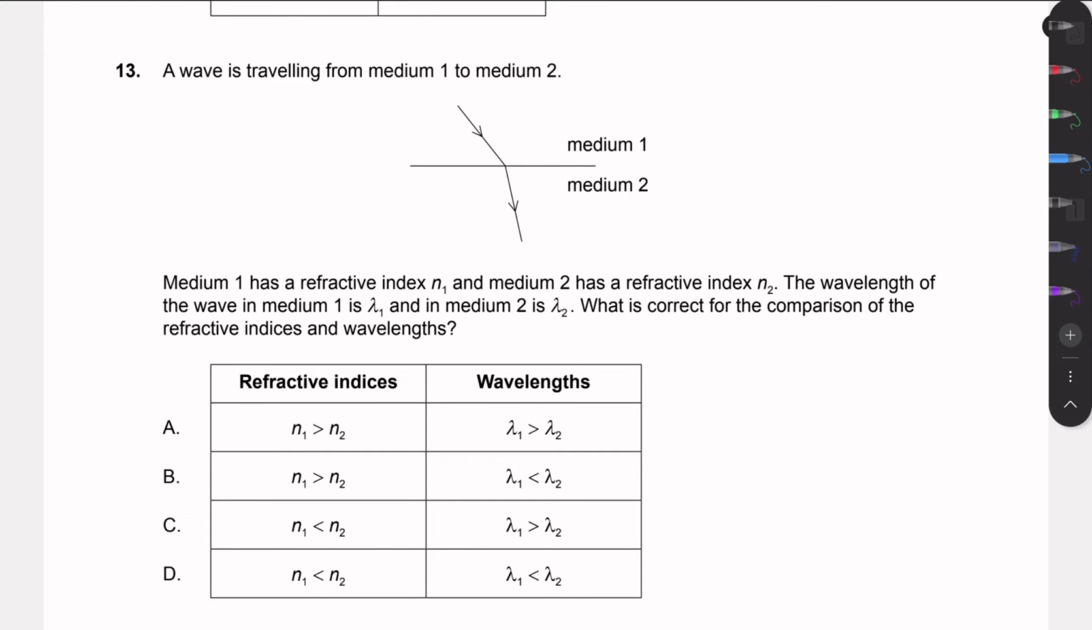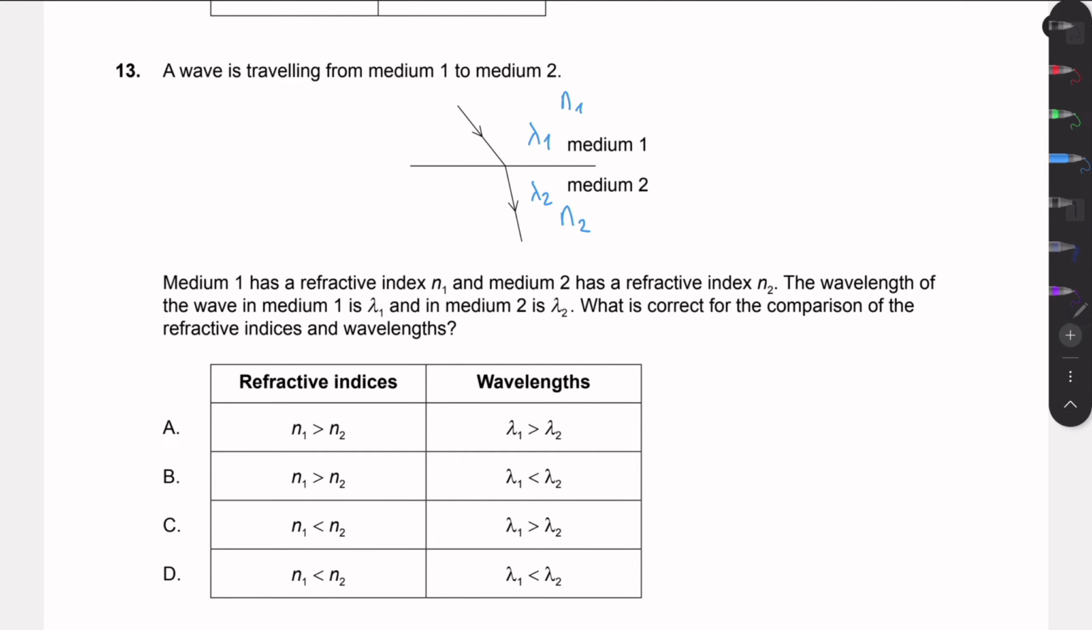Here we have a question about Snell's law. So we're told that a wave is traveling from medium 1 to medium 2. Medium 1 has a refractive index of n1. Medium 2 has n2. The wavelength in medium 1 is lambda 1. Medium 2 is lambda 2. What is correct for the comparison of these two quantities? Well,